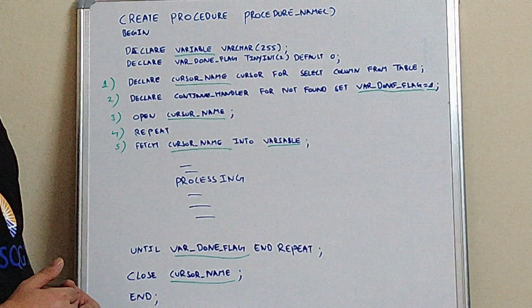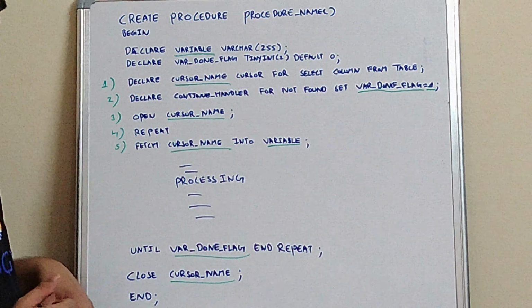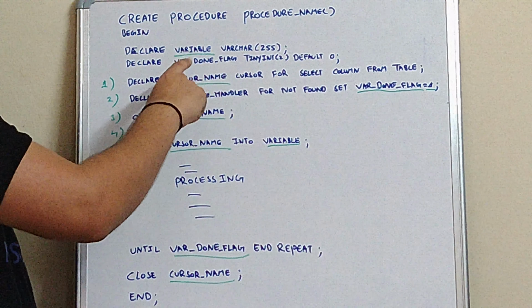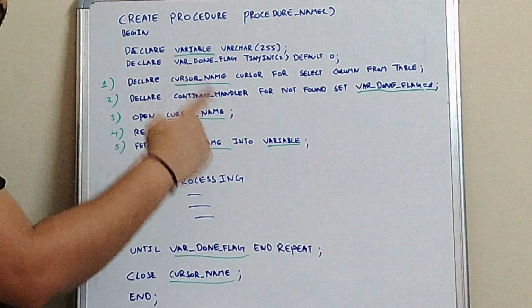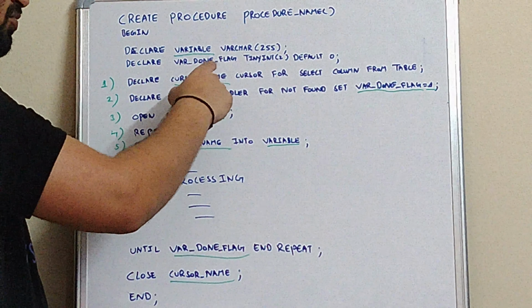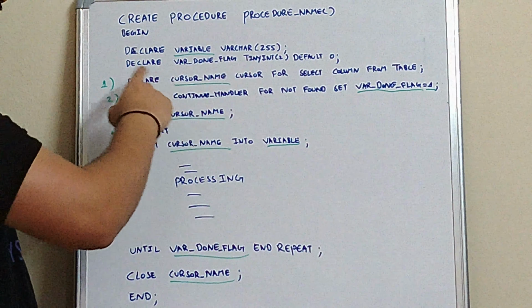Now coming to the basic syntax for a cursor, we are using the cursor here in a stored procedure. So the syntax will be: create procedure, procedure name, begin and end. Declare whatever variables you want to use inside the stored procedure. We are declaring a variable done_flag. This done flag can be used to stop the cursor whenever our processing is done. You can write where_done_flag or just done_flag, or whatever name you are comfortable with. And then declare the cursor name cursor for a select statement, whatever select statement it is.